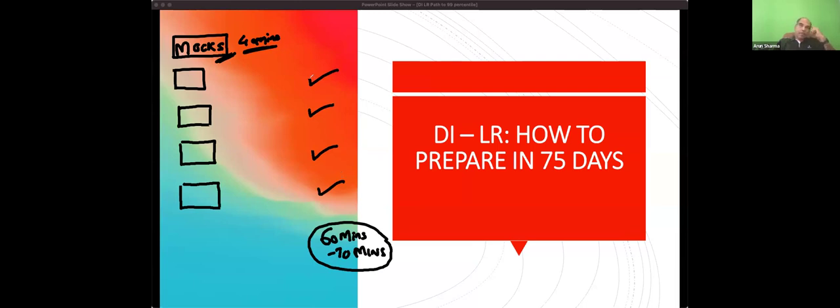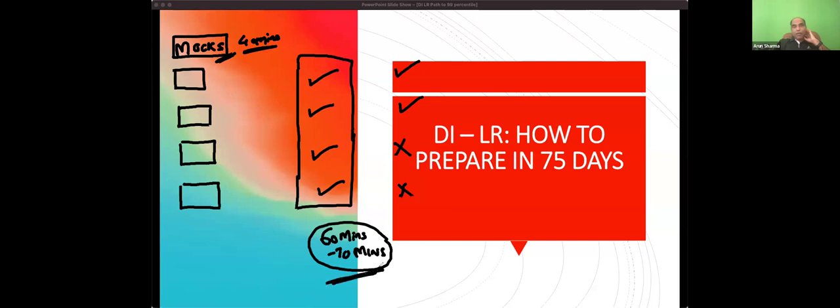Because reaching this point is a significant milestone in your DILR prep. So amongst you watching this session, there'll be some of you who might be in a position to solve 2 out of 4. So basically what I'm saying is, let's remove the time limit. Let's see your ability. Do you have the ability to cross over each of those sets if I remove the